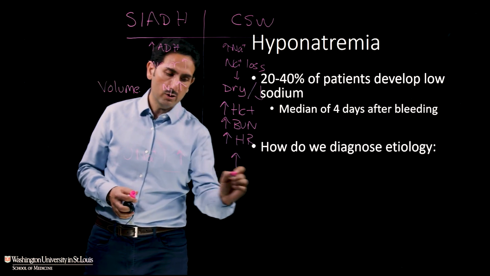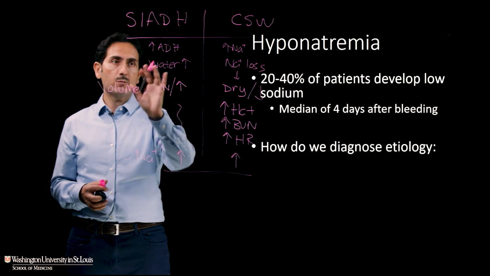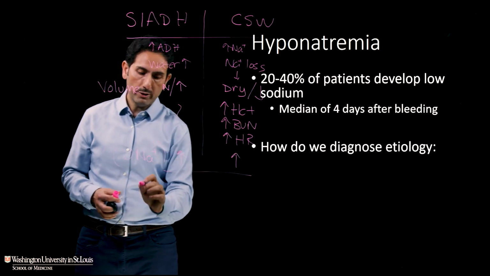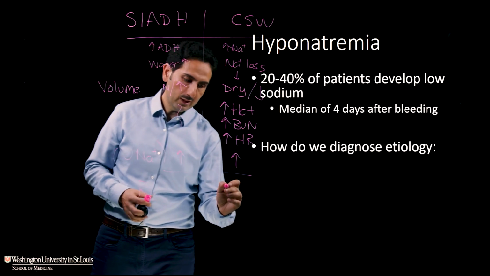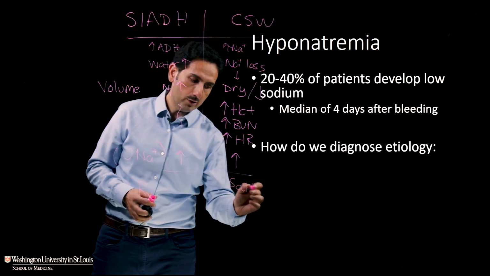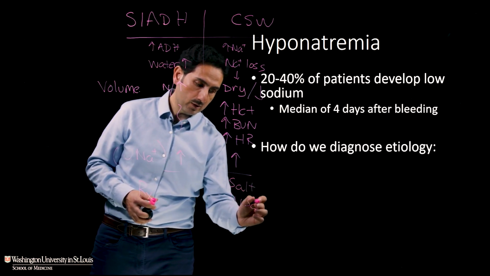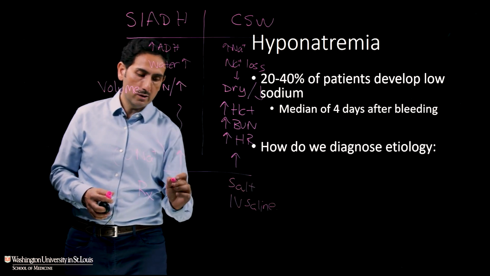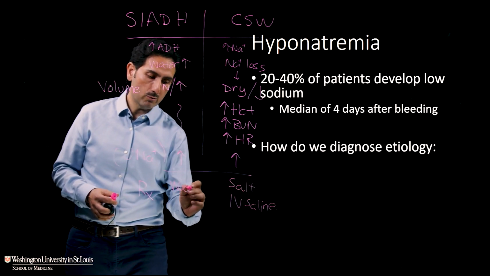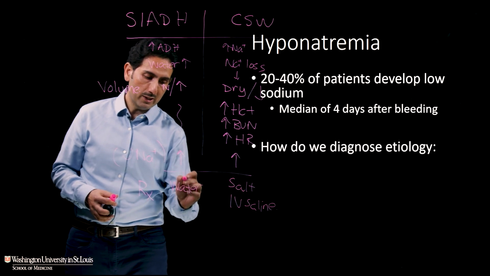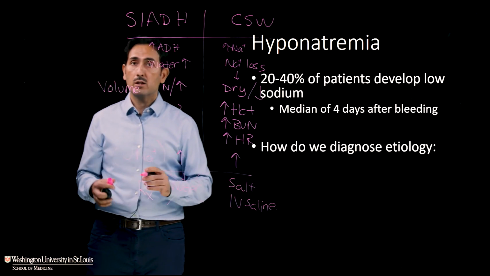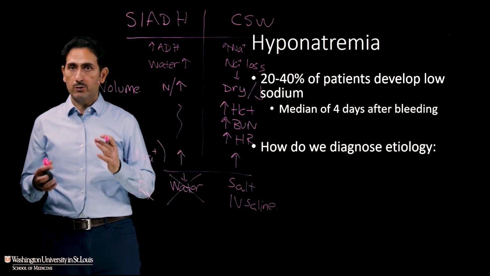Ultimately, what you need to do is look at both and look at the volume status and say, do you see any signs of salt wasting? If you do, the treatment is going to be giving salt. And how do we give salt? Usually through IV saline of some type, whether it's normal saline or hypertonic saline. How do we treat SIADH? We want to minimize that water that's being retained, so we give them less water. But in fact, we don't want to do that, as I'll talk about, because the volume status of the brain is very important after injury.